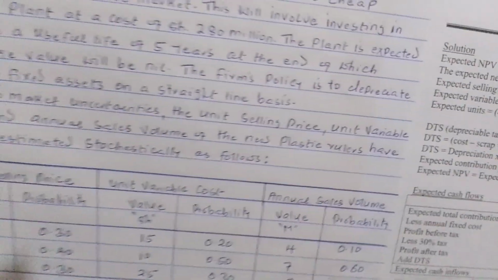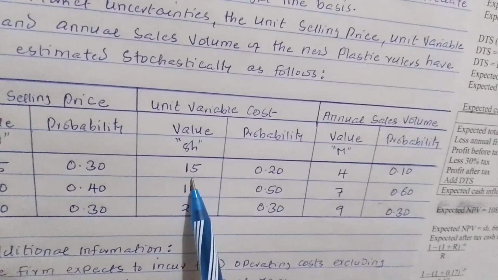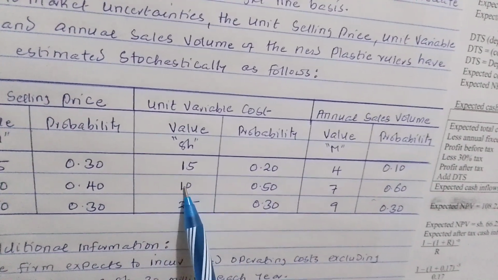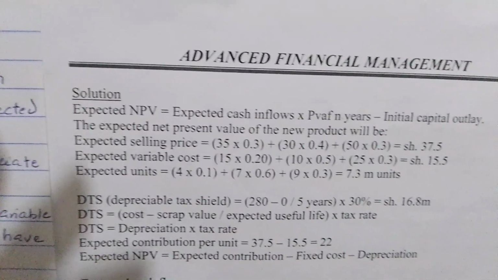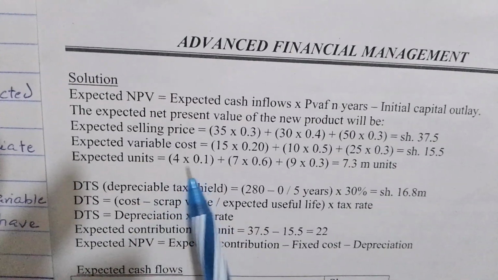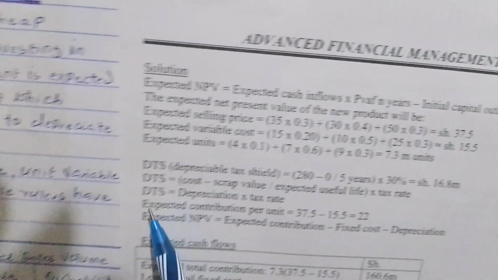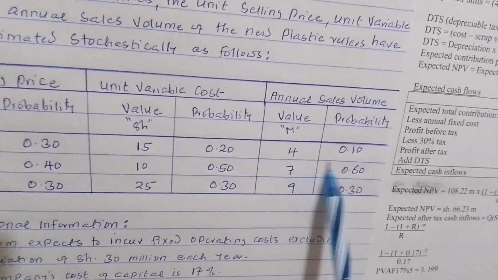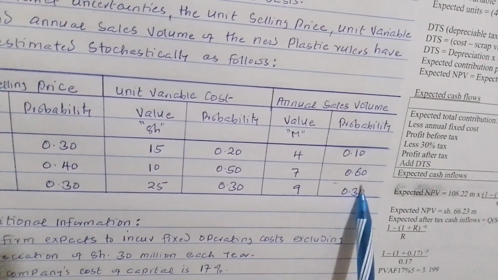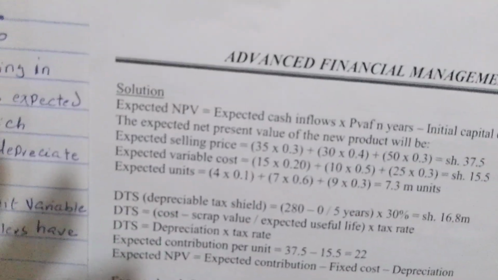Expected variable costs, we take the unit variable costs, 15 times 0.2 plus 10 times 0.5 plus 25 times 0.3. So that gives us expected variable costs of shillings 15.5. Then lastly, expected units. The expected units, you are taking 4 times 0.1 plus 7 times 0.6 plus 9 times 0.3, and that gives you